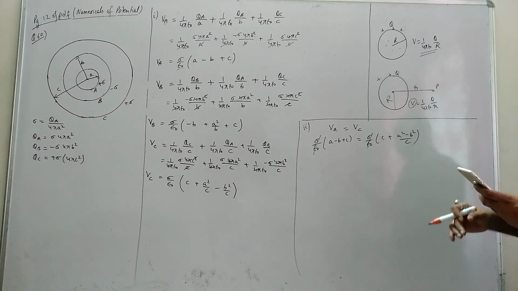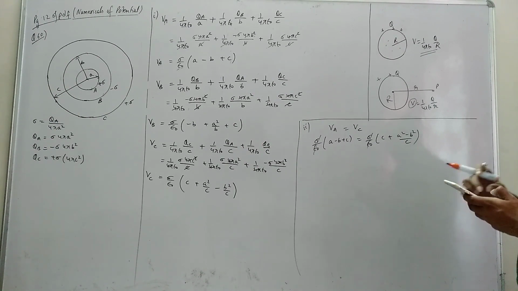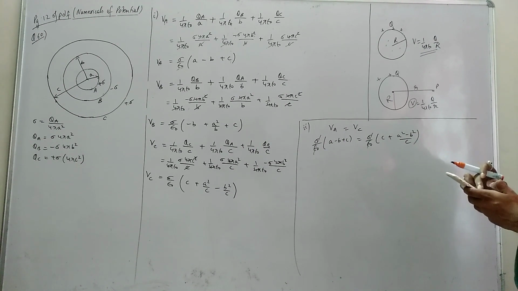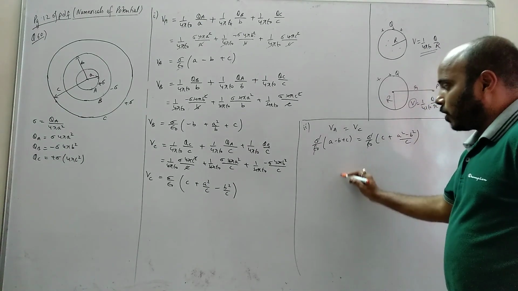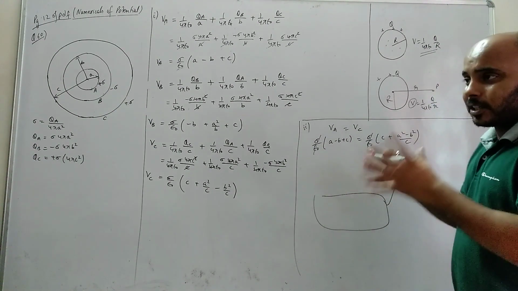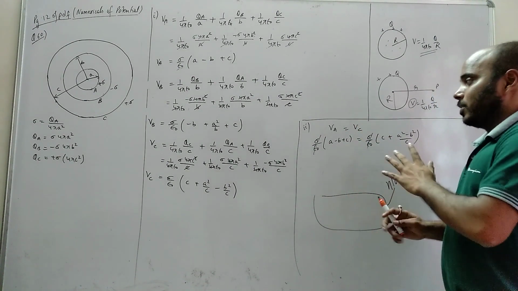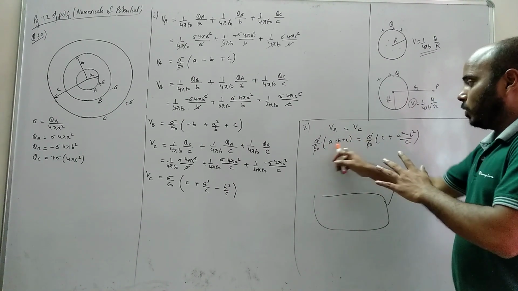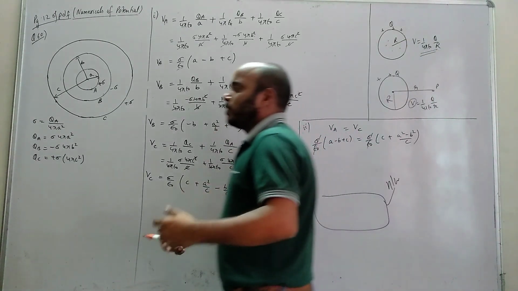So I hope you will understand how to do it. Class, can you do it? Yes, you can do it. If you cannot do it, leave the question, it is out of syllabus. Okay? Yes or no? Is it out of syllabus? No, it is in syllabus. You can do it. You can solve it further, you will get the answer. Okay, this is your homework. If you cannot do it, the solution is there. You understand the question? The question is, if the potentials are equal, find the relation between A, B and C. So make the potentials equal, everything is cancelling out, only A, B, C are left. So you have to multiply, you will see the terms are cancelling out, take out common, and you will get a relation between A, B and C.